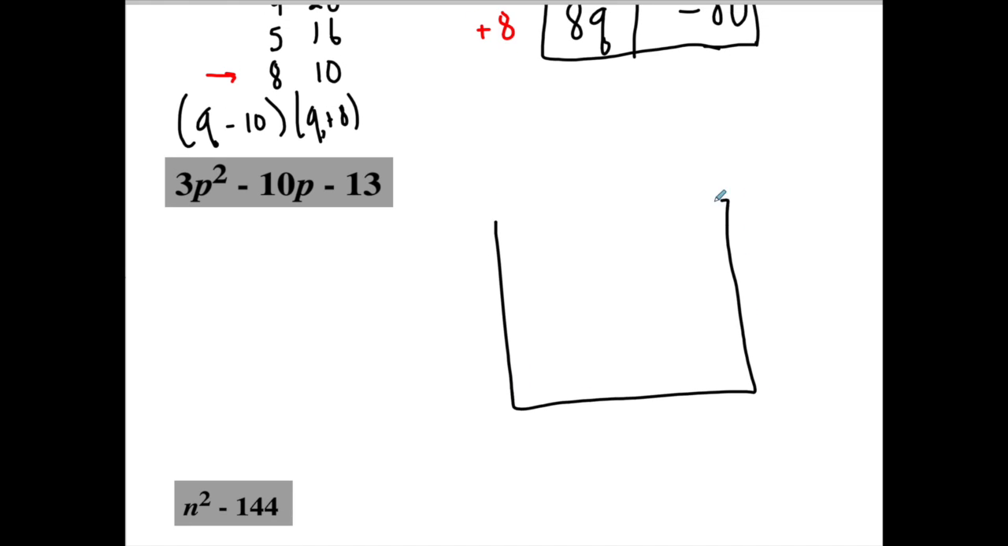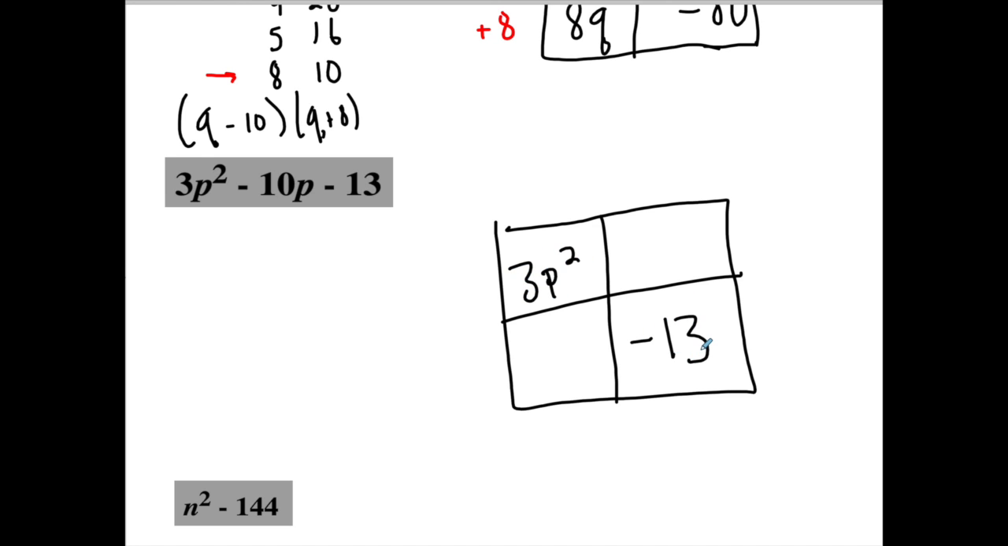Now moving on to this one. Now this one is a sample where A is more than 1. I sampled one from the website. So here's the problem, right? So we know that the 3p squared is always in the top left and the negative 13 is always in the bottom right. So notice though, there are no numbers that multiply to negative 13 and add to negative 10